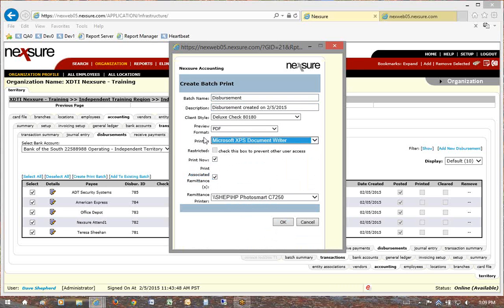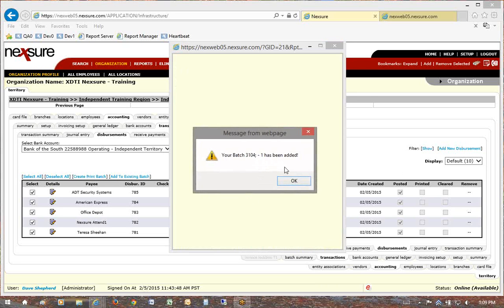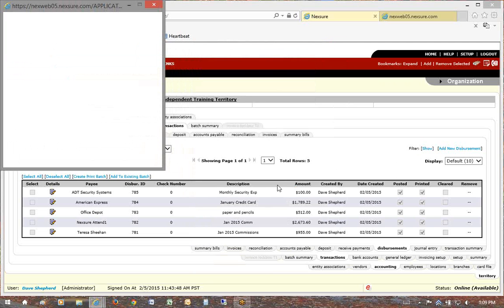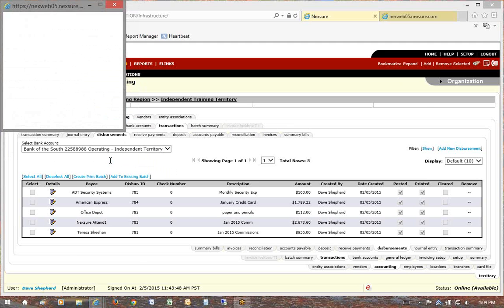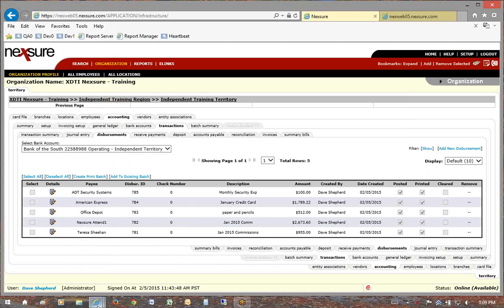So this is how you do a batch, and if you say okay, then it's going to, and hopefully I have my, okay, batch has been added. Okay, and so it's going to do two things. It's going to show me the check numbers that it's about to use, and it looks at the sequencing and says, okay, yep, these are the check numbers that I want, so you say okay. And then it's going to give me two print jobs here. One of them is going to be my,